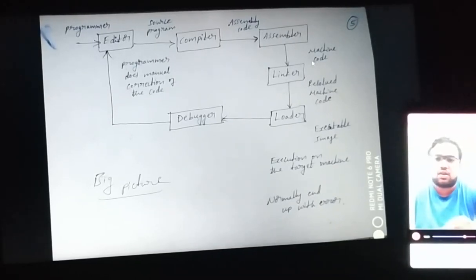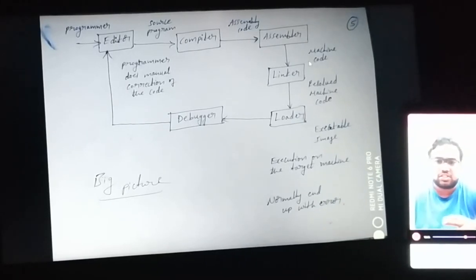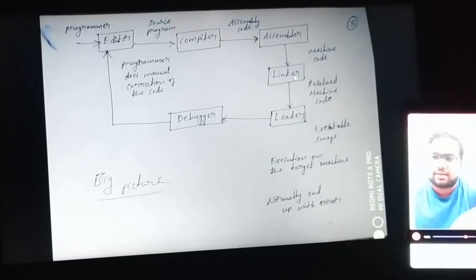The assembler gives you a lot of machine codes, and these need to be linked so that you can know which particular addressing line each is configured to, what is happening with that machine code, and what its intention is. To do that you need a linker, so you send the entities to the linker.